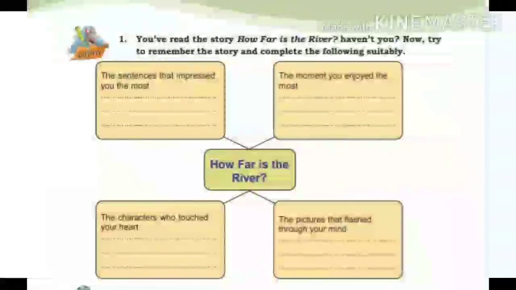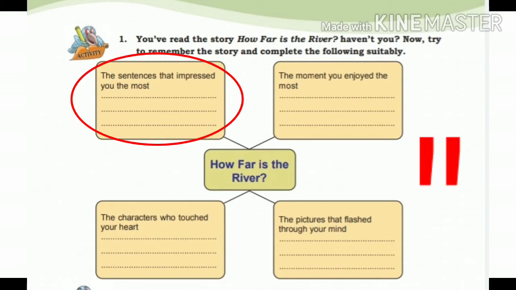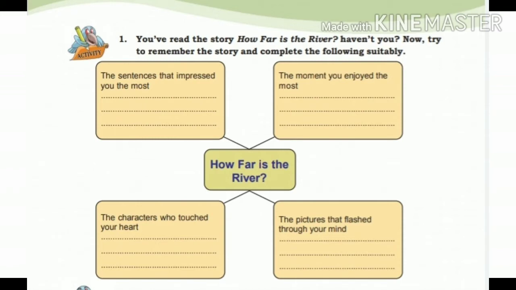I just showed one example. If you want, you can write your own words, no problem. I just show this for one example only. Then you can write some sentences in inverted commas also. You can write "this sentence impressed me" like that. First you can write in inverted commas, or first you can say this sentence impressed me and then write in inverted commas the sentence you like.